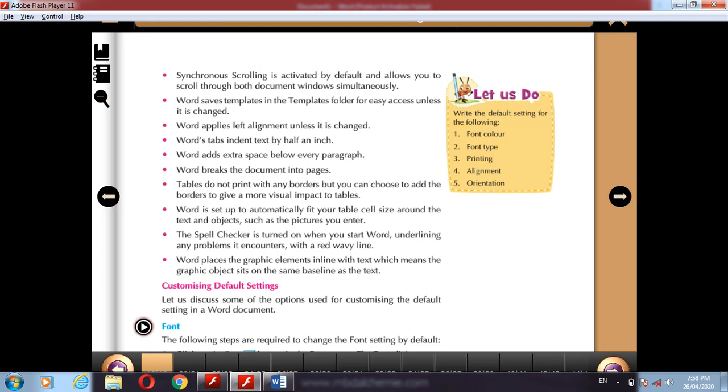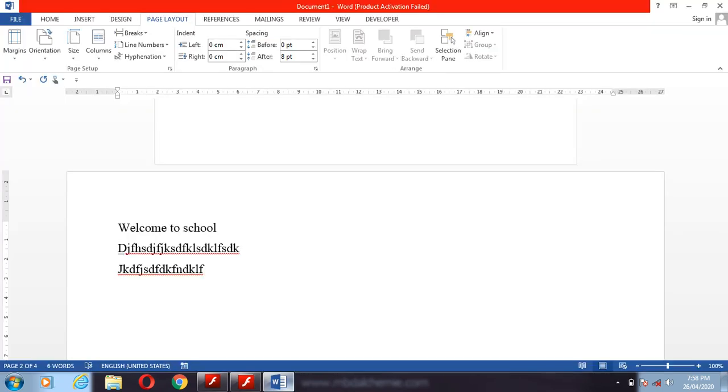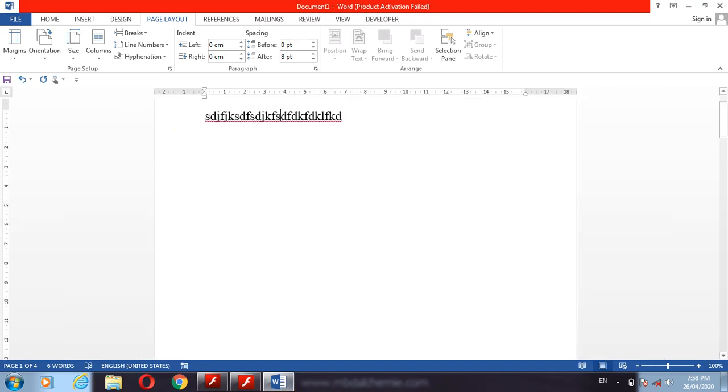Tables do not print with any borders, but you can choose to add borders to give a more visible impact to tables. See, if we insert a table in the Word document, how can we insert a table?